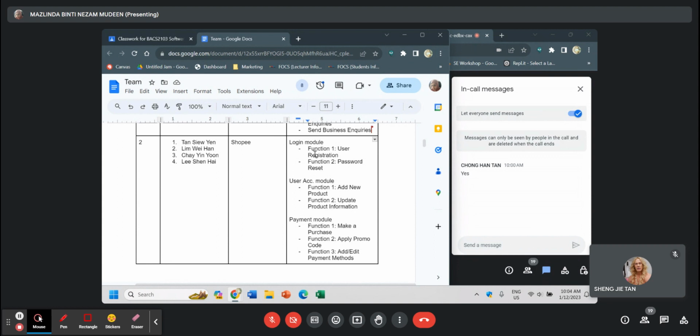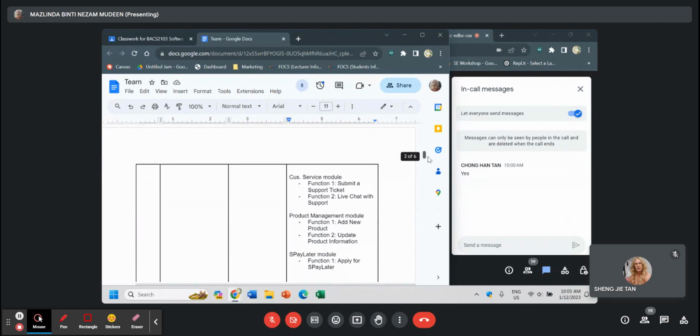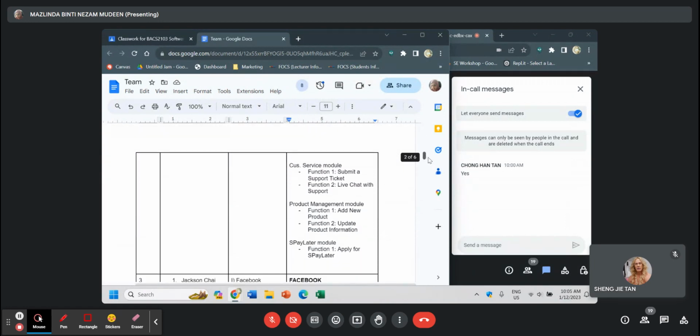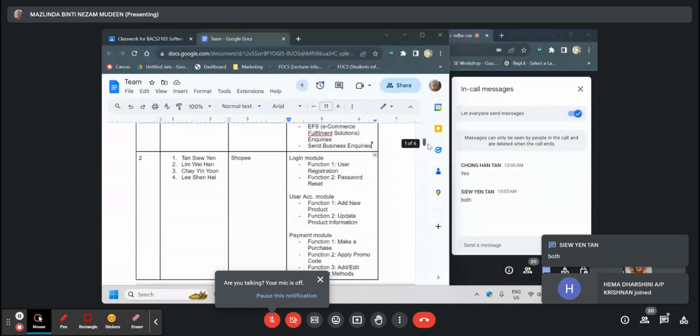Because in Shopee, we have two different user sides. Is it 100% on the buyer side alone? Do we have to separate, or can we make it both?